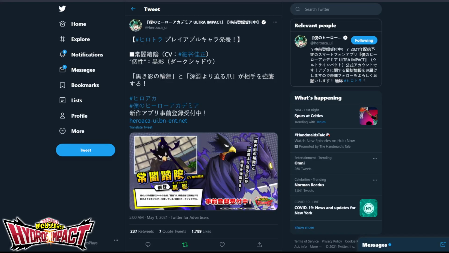What's going on, everybody? Welcome back to some more My Hero Academia Ultra Impact, and today we have a brand new character reveal being Tokoyami, and also he was a closed beta test character, so we do know his full information regarding his kit, what his animations look like, everything, so we're going to go over that here in today's